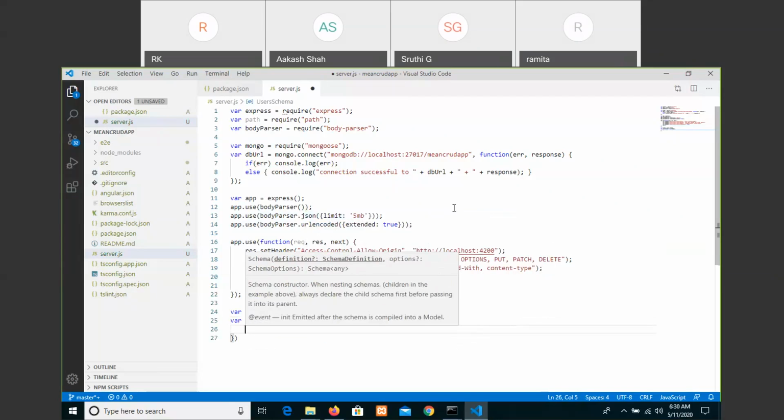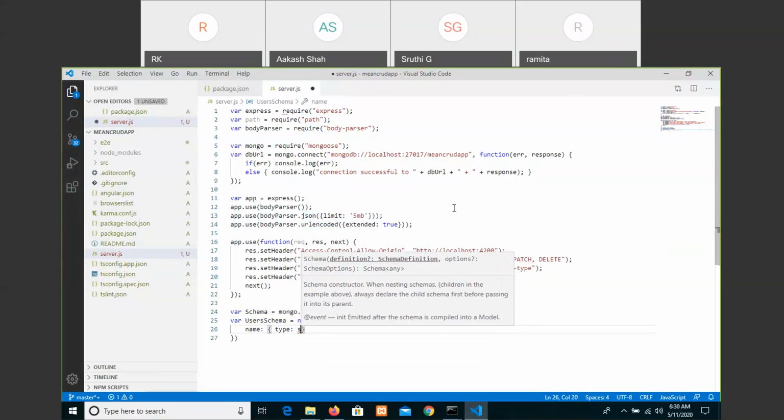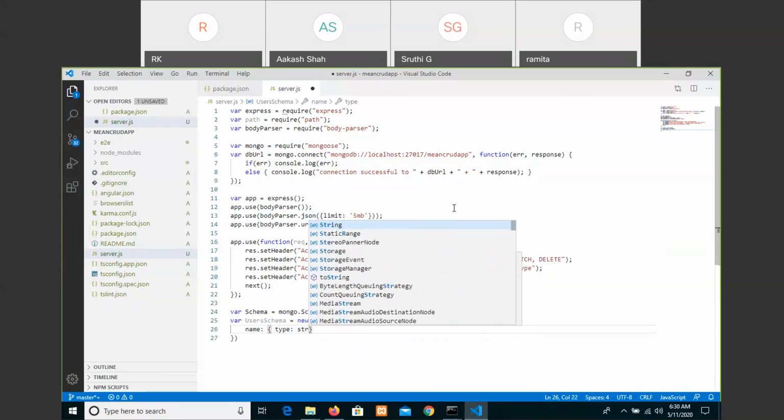Inside this, I want to go with a name, where the data type is string,